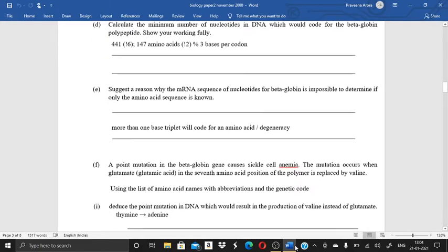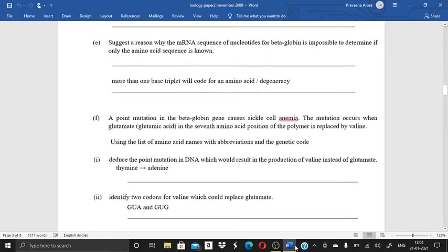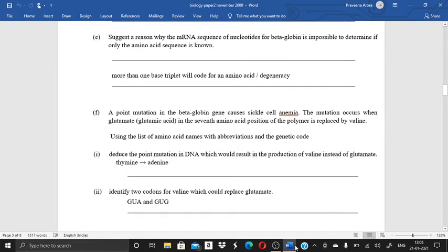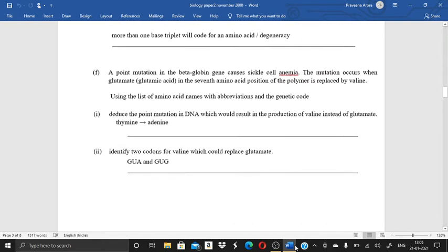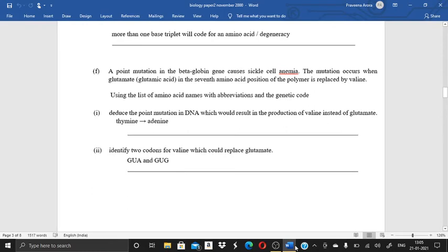Then is, suggest a reason why the mRNA sequence of nucleotides for beta globin is impossible to determine if only the amino acid sequence is known. I have given you the answer that more than one base triplet will code for an amino acid. Then F is, a point mutation in the beta globin gene